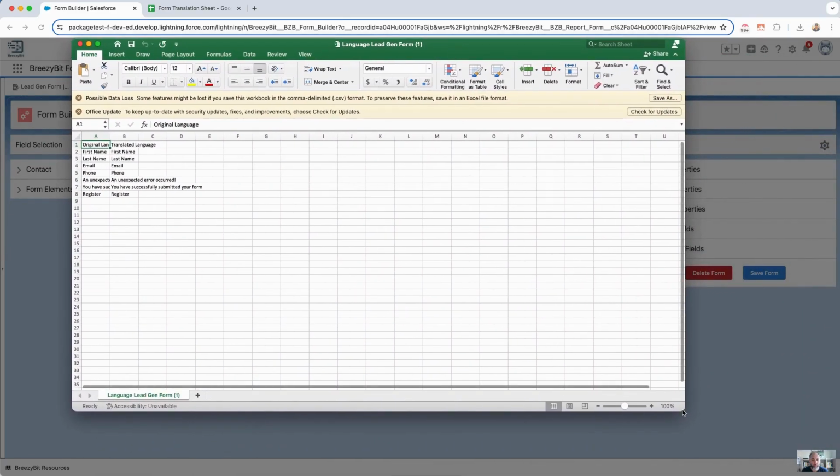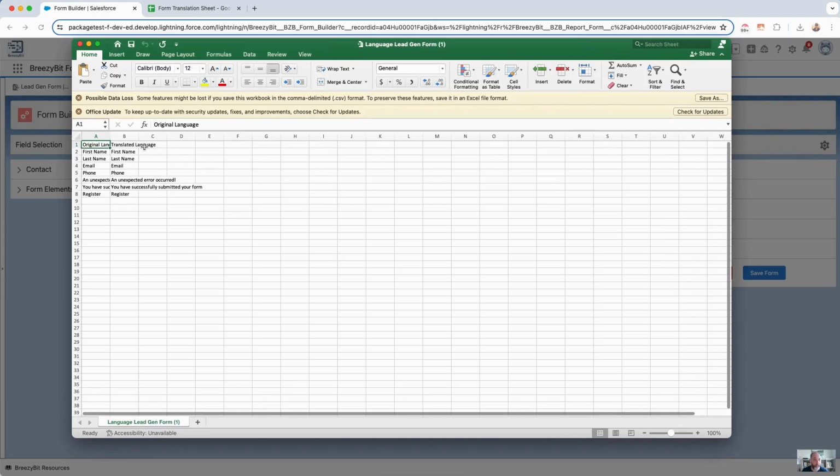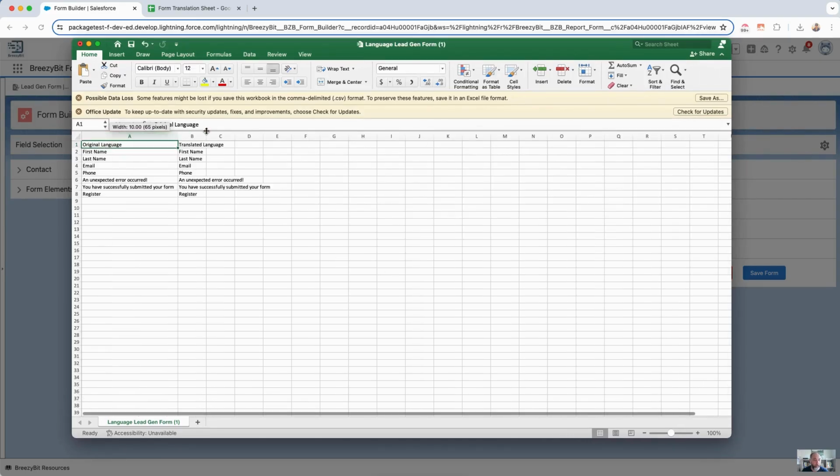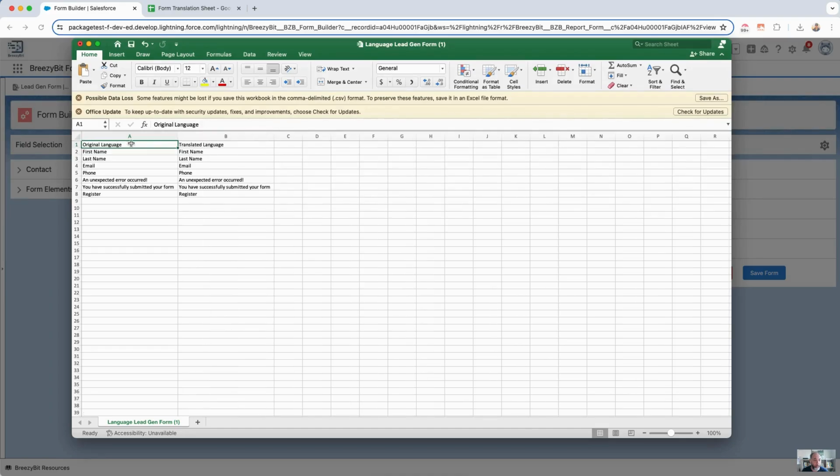So this is the CSV file that I have here on this page right now. As you see, there are the original language and translated language columns. I need to delete the translated language one. And then here on the right side, as you see, I have a form translation sheet. So what I'm going to do is select everything here under original language and copy this